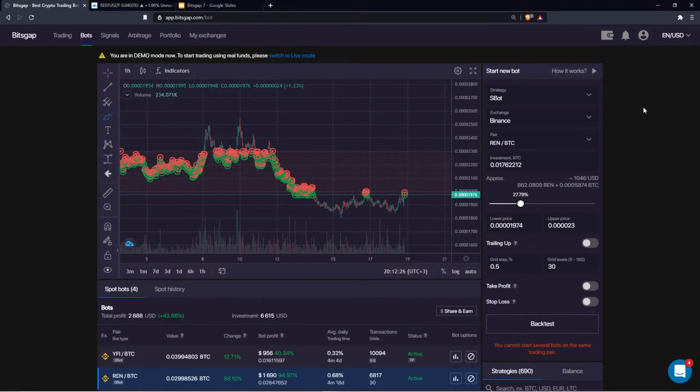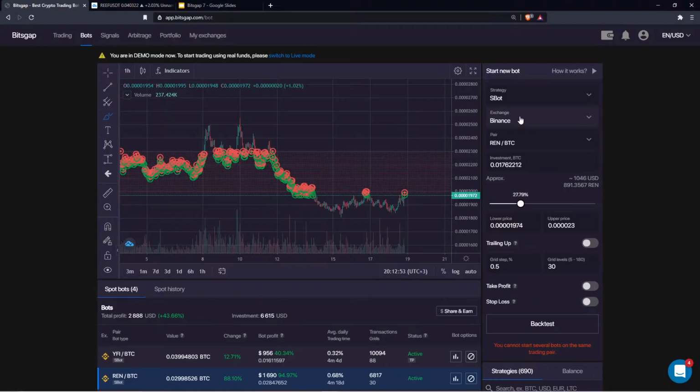What you have to remember is that per each order there is a minimum requirement. So on Binance the minimum trade size is $10. So if you want to have 15 grid levels, then at least you must have $150 for sure, because of this minimum requirement. But it can be the case that on the same cryptocurrency, let's say rand to Bitcoin, but